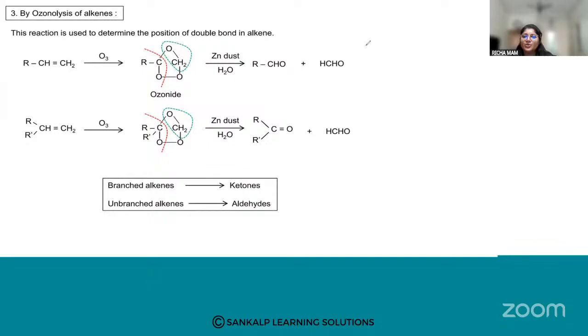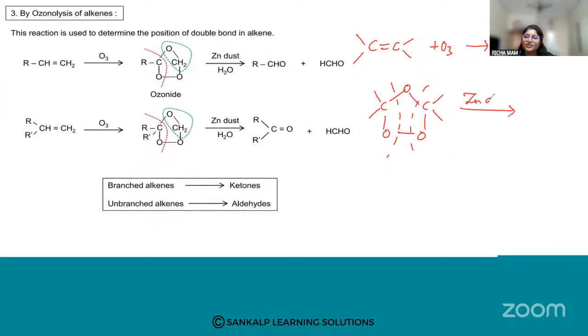Okay, how are we going to do this? Let me take an alkene. The alkene reacts with O3. What am I going to get? Three atoms of oxygen have to be added, like this, and the molecule will cut here and here. It will break. Then, further, in the presence of zinc dust and water,